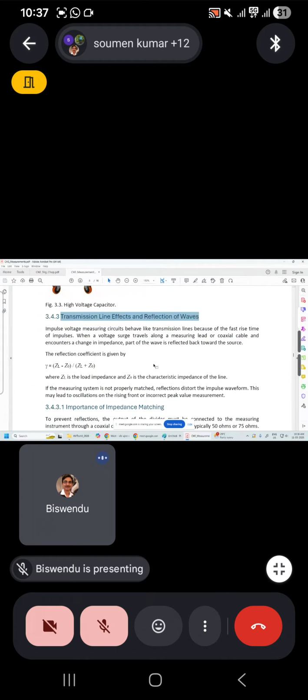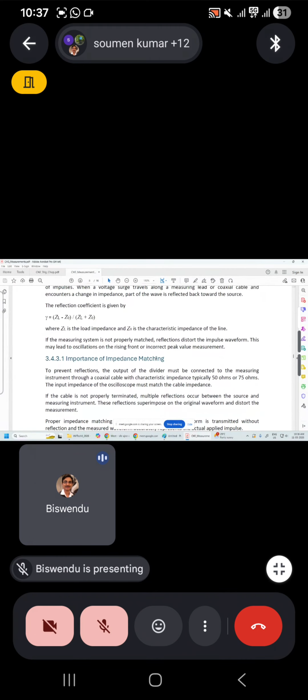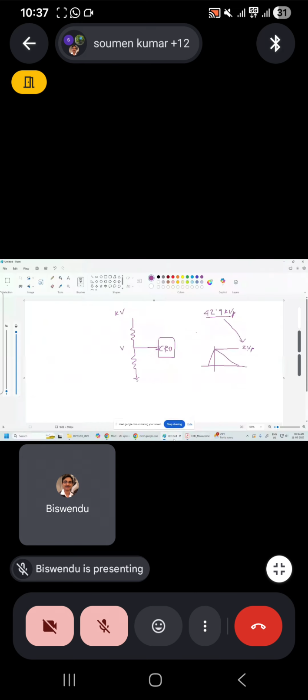To match this, the impedance should be matched, so that if I use a cable, this CRO will be in the control room, and this will be in the high voltage laboratory, so this cable and the termination resistance must have the same impedance, the surge impedance, so that if the surge impedance of the cable